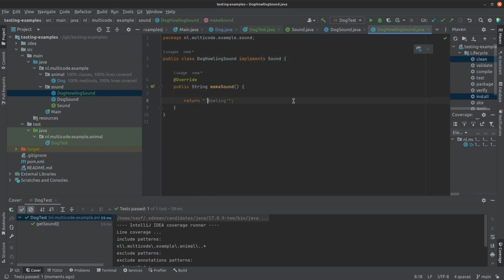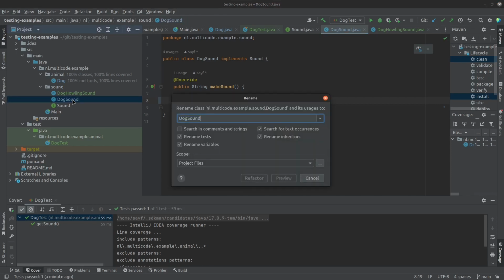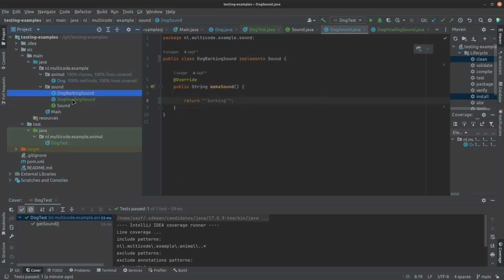You know what, I'm gonna make it small letters, both of them, the howling, barking as well, and well, give it a better name here. Barking. Cool. Yeah, no, perfect. But if I run the test,